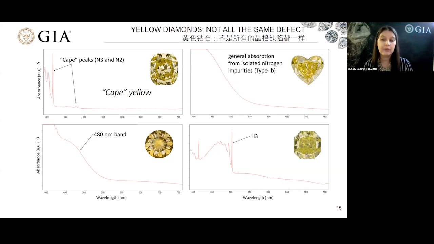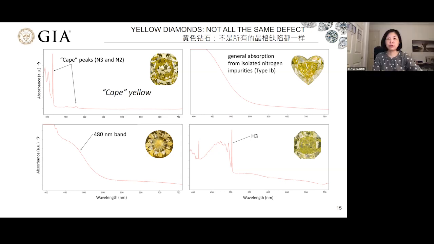If the diamonds show only H3 related absorption and not H3 related green fluorescence as well, then they will create a yellow color within the stone. 最后是右下方这个H3晶格缺陷，它如果只吸收不发光，会让钻石变成黄色。待会儿我们再讲如果还发光怎么办。